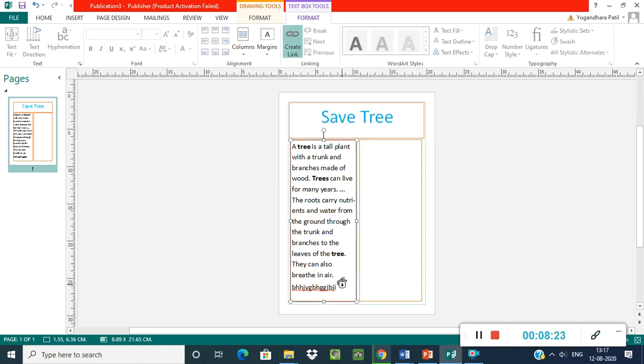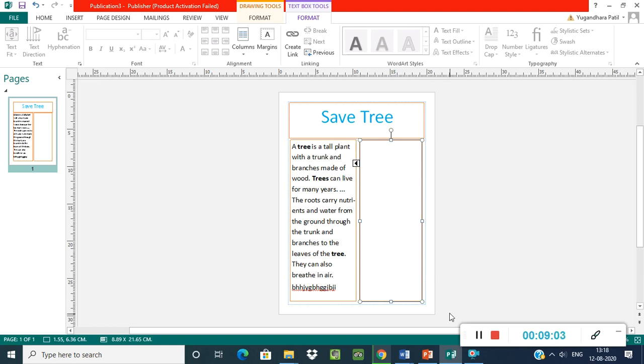When I click on the link, the mug icon will be shown here. This is the mug icon, which means this text box is full. It is showing me that this text box is full. Now you have to continue your data in another text box, the third text box. So I will create this third text box here. Understood? I created the link here.